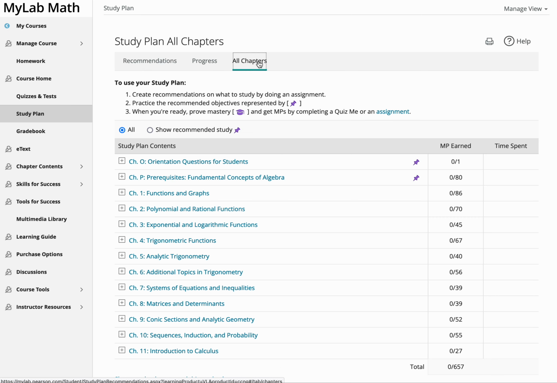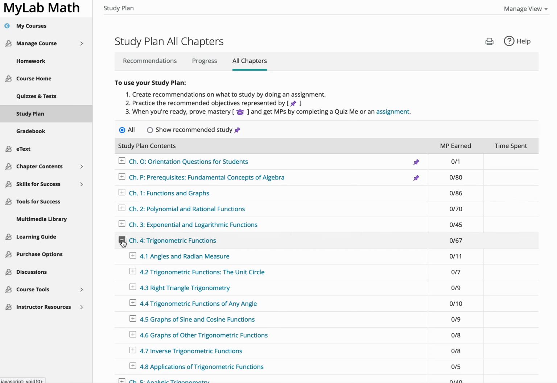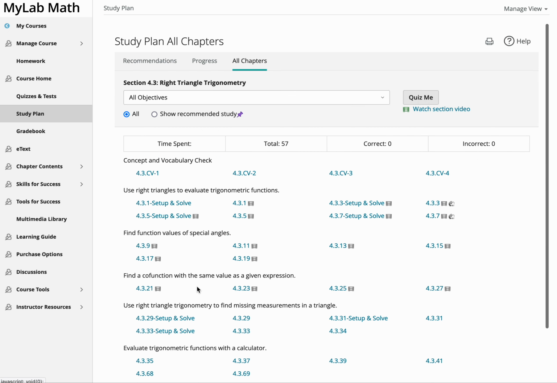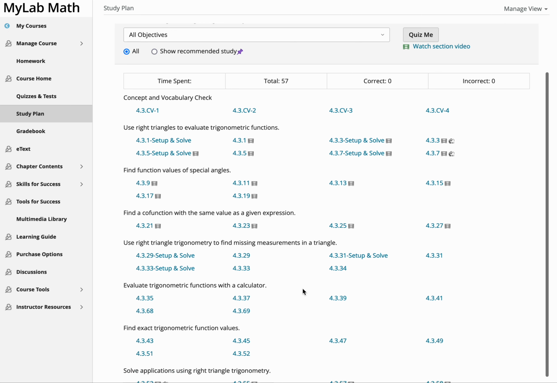So you could click on all chapters. Maybe later on this semester, there were things about trigonometric functions from chapter 4 that you had trouble with. You could click here and then go into any section. So maybe something with right triangle trigonometry. So you'd click here and you can go into any problem that you'd like to work on,